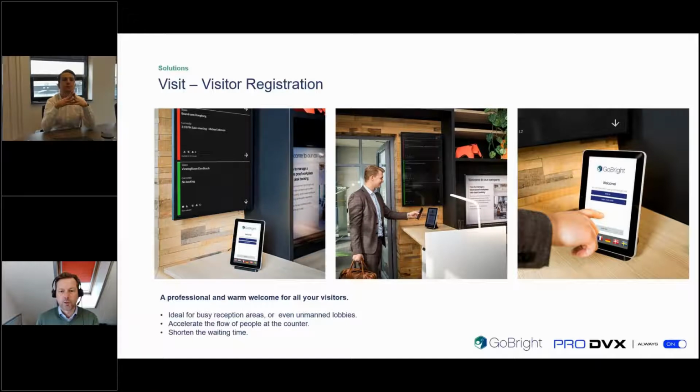And the only thing you have to do is just check in with your QR code. And that means that your credentials will be checked. You don't have to put in all your name and number and stuff. And the organizer of the meeting will receive a text message that you are downstairs, so you don't have to